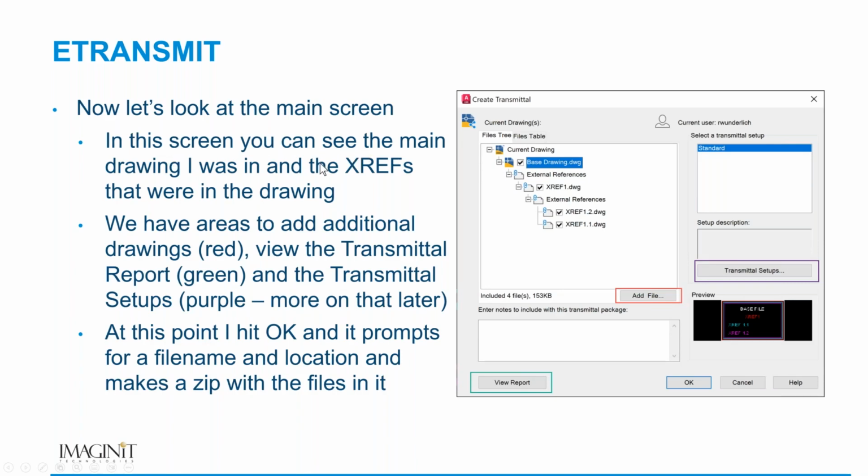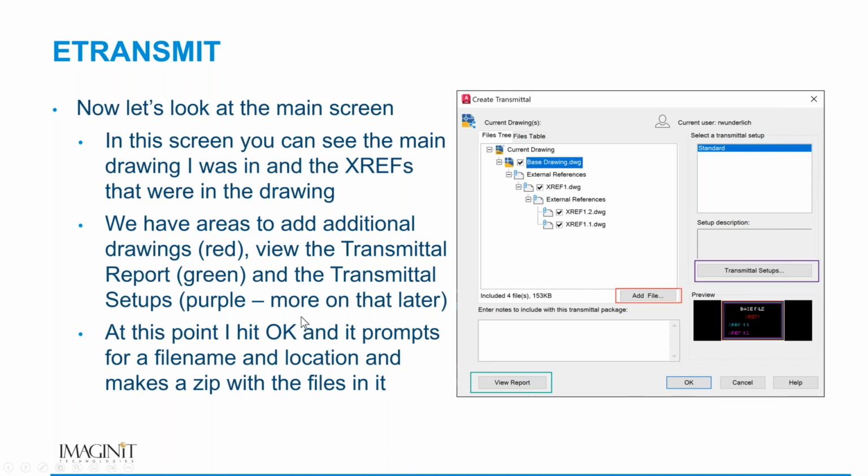In this screen, you can see the main drawing I was in, the base drawing, and we have areas to add additional drawings. If I want to add additional drawings here, I can click Add and add more drawings. I can view the transmittal report, which is going to tell me all the things that are going to be included. And then you've got a button here for transmittal setups, and we're going to talk about that later. That's the advanced functions. At this point, I can just simply hit OK,